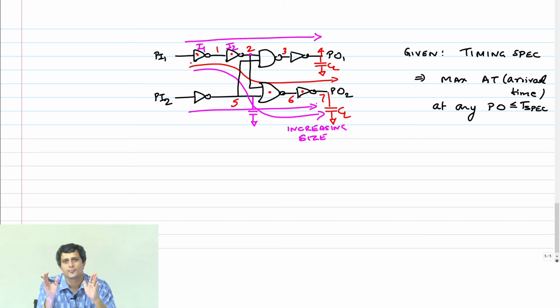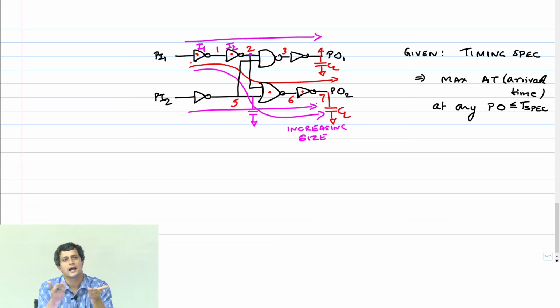In effect, what we have done is, in order to optimize the delay of one particular path, we have ended up increasing the delay of the other path. And there is no guarantee that in this process of gate sizing, what we identified as a critical path initially will remain a critical path always. It can easily switch at any point. Effectively saying, you cannot do path delay based sizing on an actual circuit.